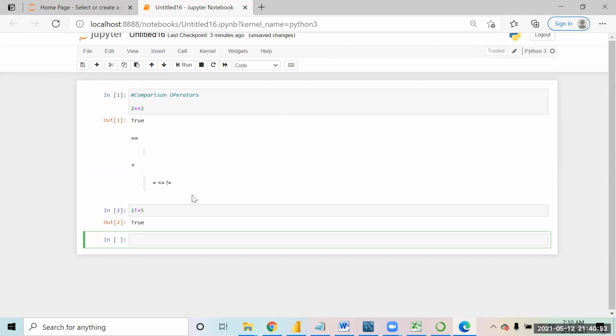You also have operators like and, or, which you can use if you want to compare something. They are also called logical operators.